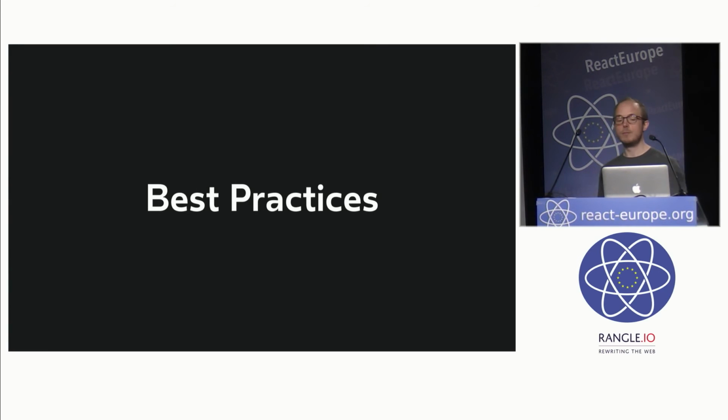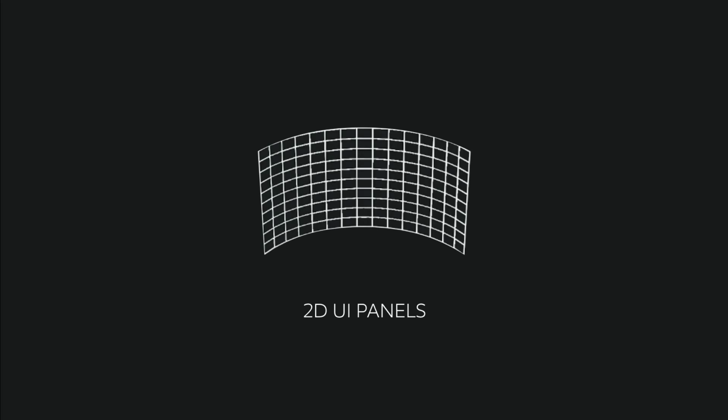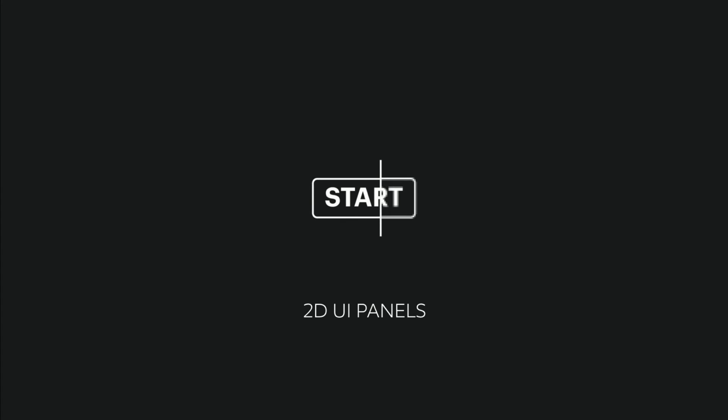So you have your new React VR application. Let's go through some of the best practices. For 2D, we use cylinder panels. These panels are super important to simplifying the UI setup, as well as making the UI comfortable in VR. The use of cylinder panels allows you to author your UI in a way that you can continue to use pixel placement, so those 2D skills are very valid. This leads also to better quality text and a much more comfortable user experience.